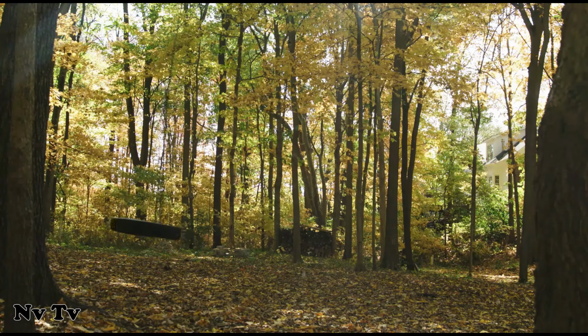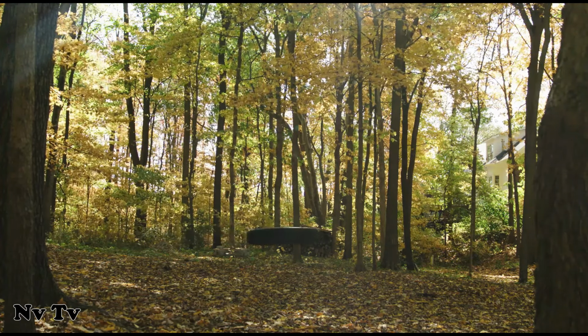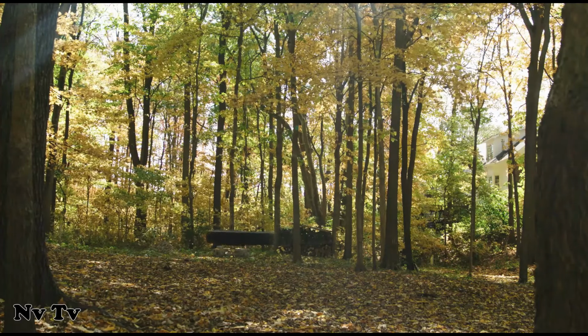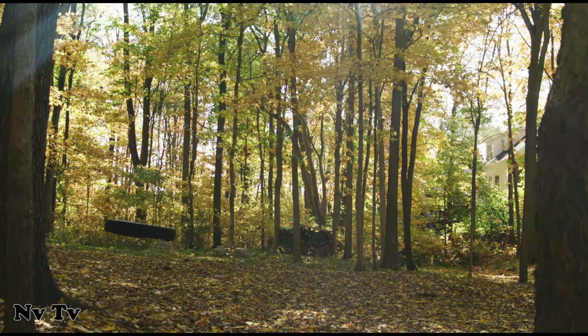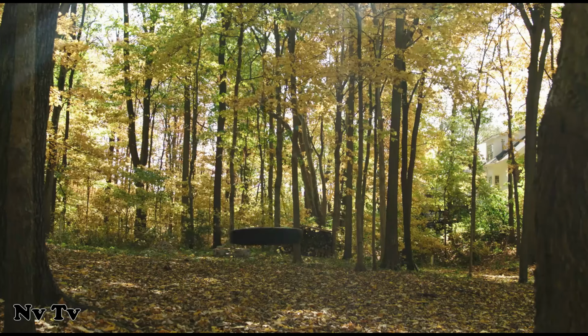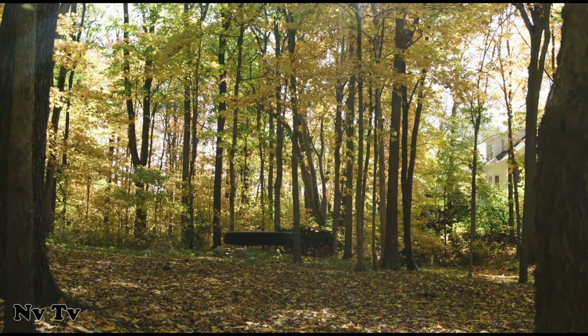Very briefly, what I'm about to show you is an attempt by researchers to elicit a response from a Sasquatch by taking everyday objects that they have realized are being moved around at night and then chaining them up together. That would be a set of old tires, and they chained them to a tree. And the results were that the alleged Sasquatch